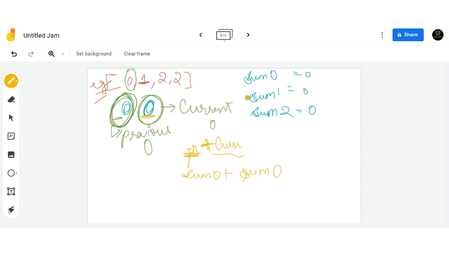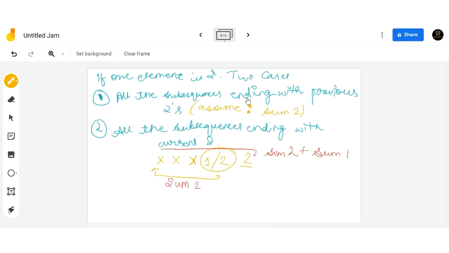Then we will include 1, since a single 0 can also be a subsequence by itself. So if your element is 0, then the number of subsequences ending with this is sum 0 plus sum 0 plus 1. Now we will see the same thing for 1 and 2.